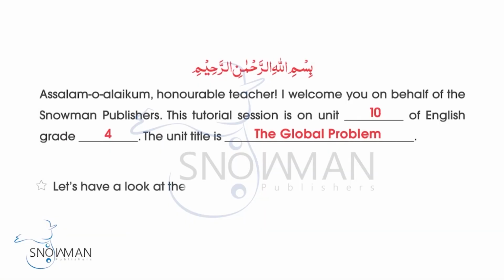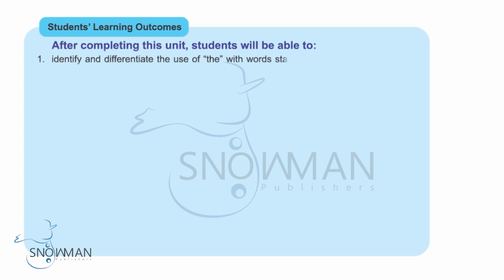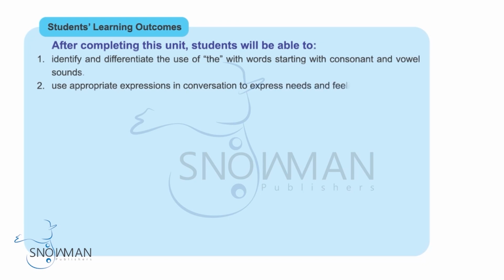Let's have a look at the students' learning outcomes. After completing this unit, students will be able to identify and differentiate the use of "the" with words starting with consonant and vowel sounds, use appropriate expressions in conversation to express needs and feelings, locate specific information in a calendar and a class timetable,